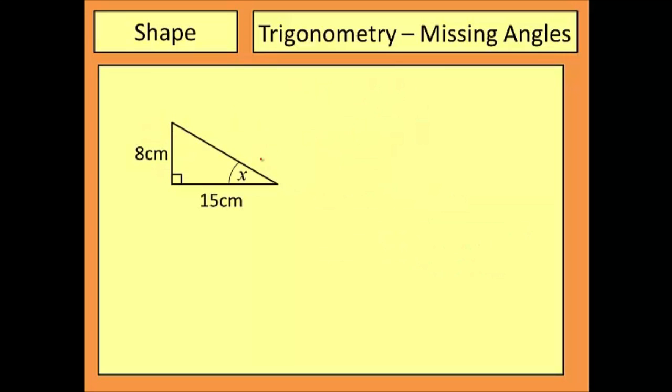Our third example starts in a similar fashion. The 8 cm is opposite the angle, the 15 cm is adjacent to the angle. This is going to be a tan problem. The triangle looks like this,